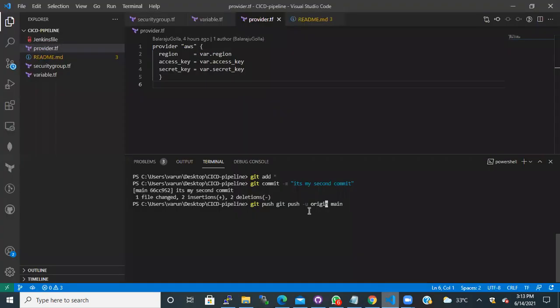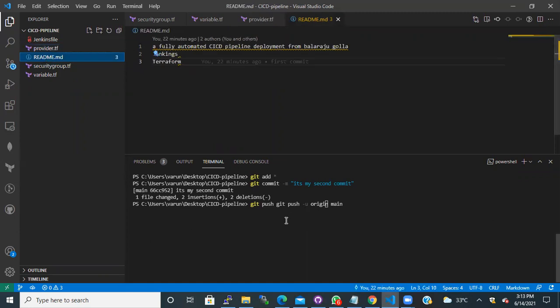So let me come here. Let me open the README file. What I'll do, I'll just make something.